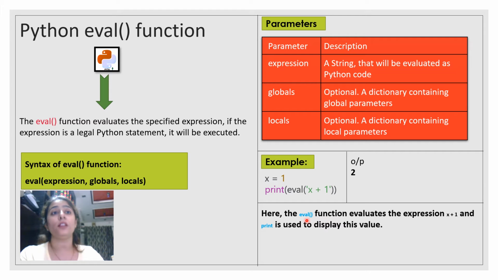Clear? So after that the print statement will display the output. Like here we will get the output 2. So this is the eval function.